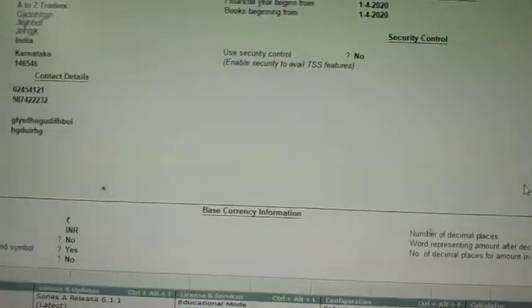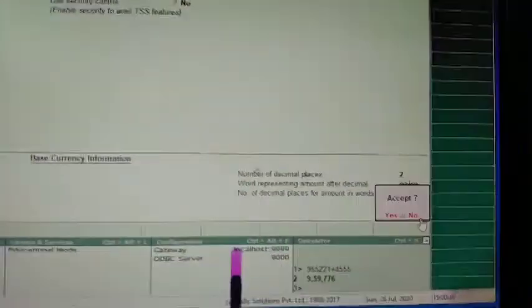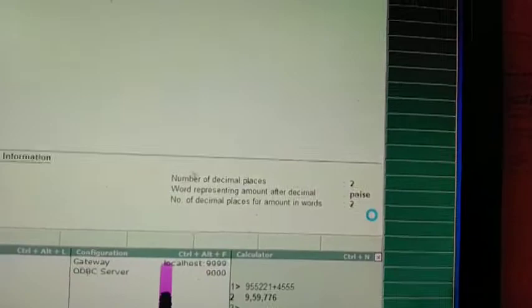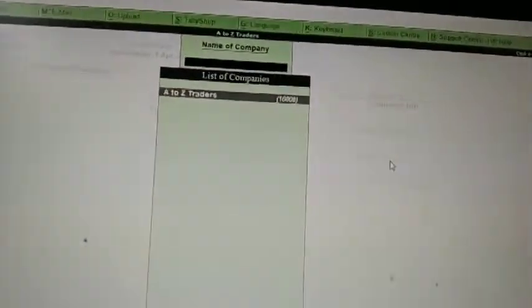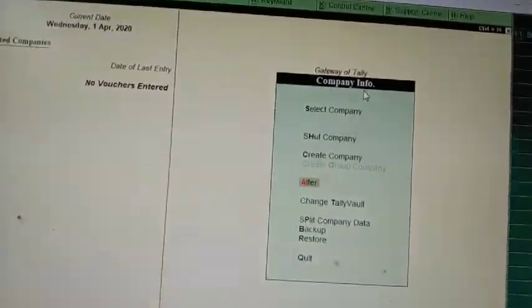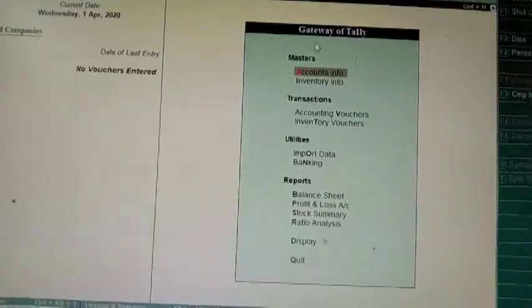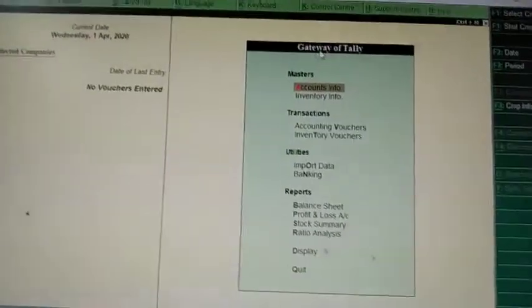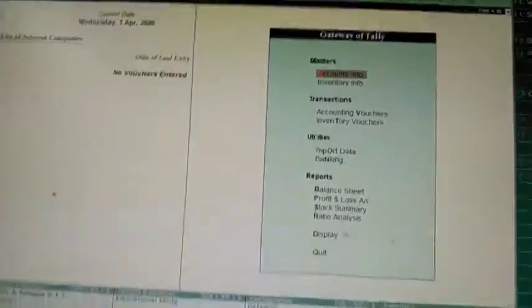Press enter till you get the accept button, and again give enter. Only then are the changes saved. After saving, you can come out of this screen by pressing escape. You can press escape 2 times, or till you get the Gateway of Tally.